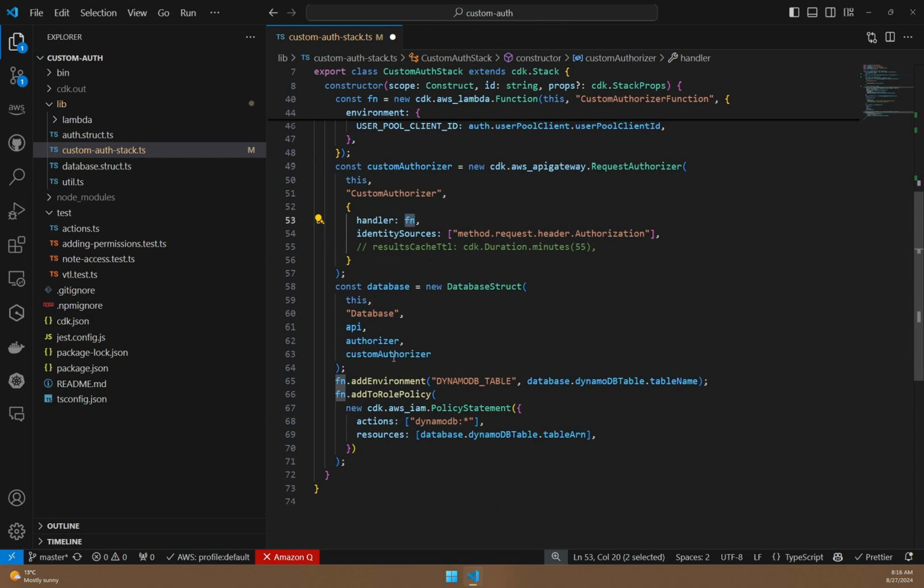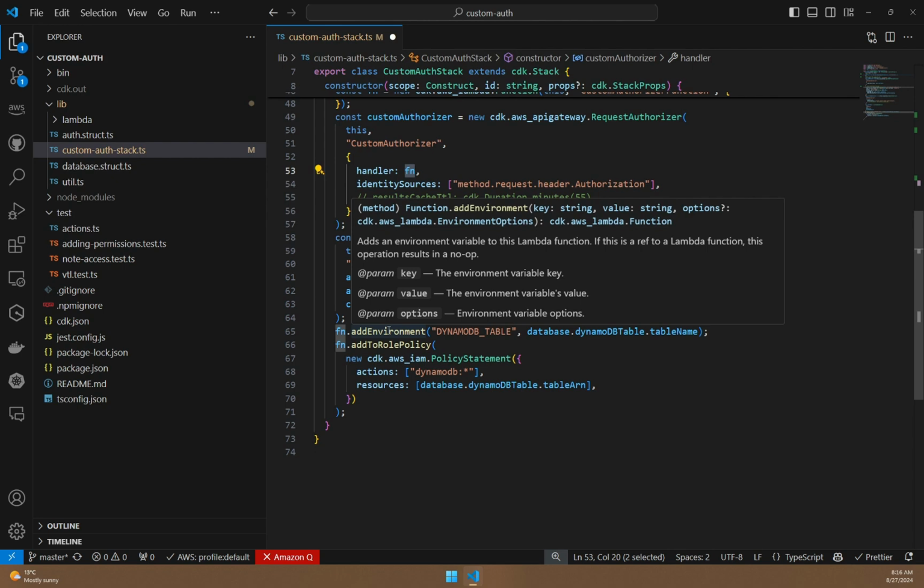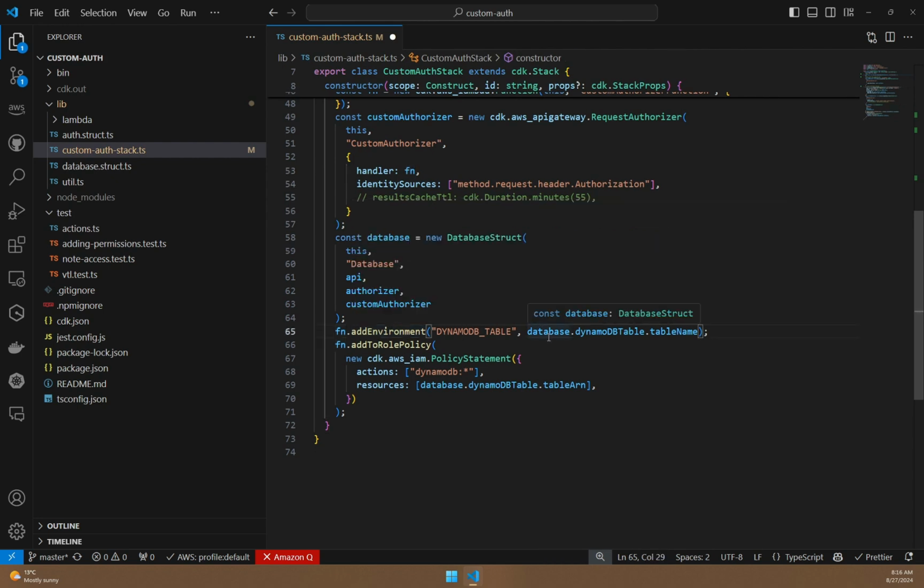And then here we have our database struct with all of the resources. I'm going into that one in a bit. And then we're adding the DynamoDB table name as an environment variable to the function. And we're also adding the policy so it can access DynamoDB. You can really change this to get item, but I just put it to start. Okay,